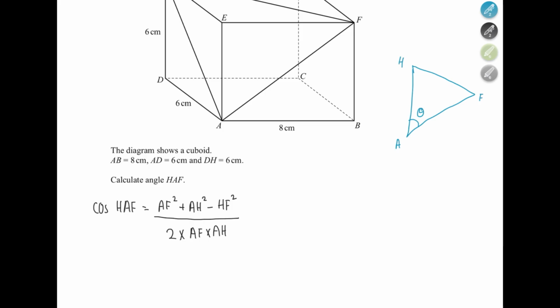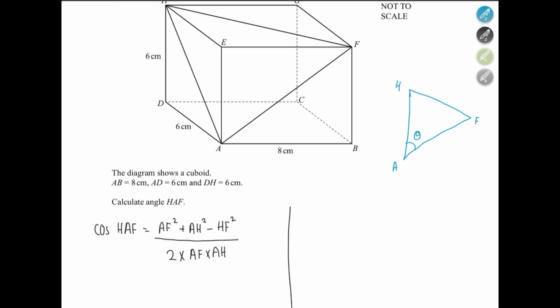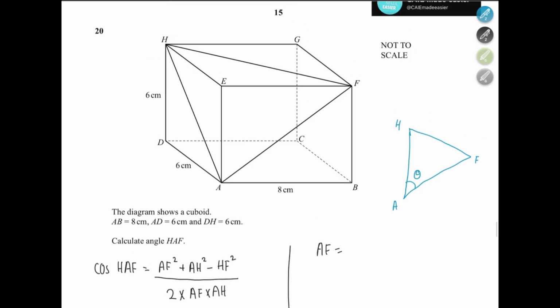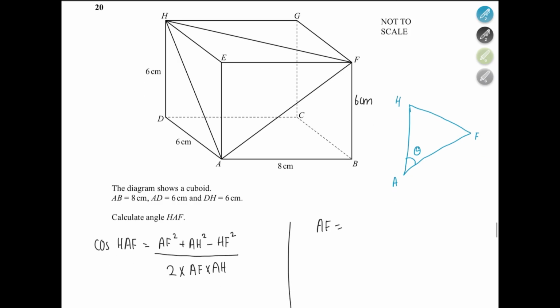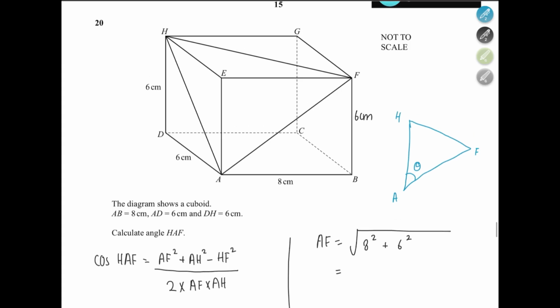Now let's find our lengths for the three of them. First of all, we can find AF. So this is the line that we need to find. You can say this is a right angle triangle, so we can use Pythagoras theorem here. This is 8. What about FB? FB is same as HD, so we'll write 6 centimeter here as well. Therefore, AF is going to be square root of 8 square plus 6 square. Now, what about AH? This line here, we know this is 6 and 6, so we'll square root both of them,